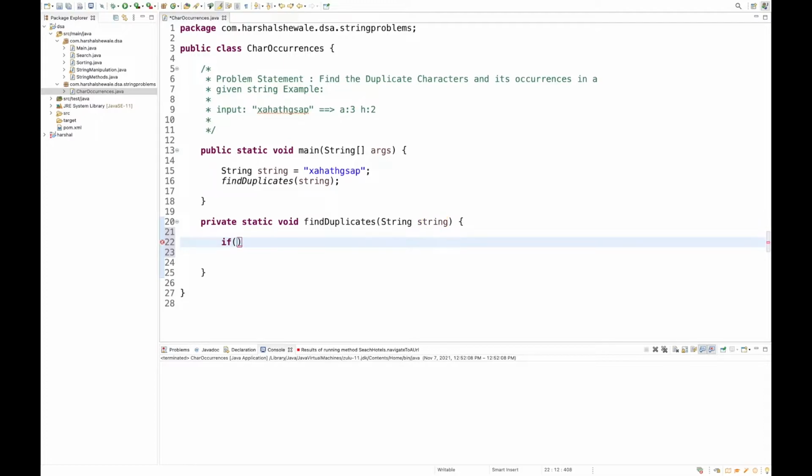So if your string is equal to null, or if your string is empty, we have to handle this condition first. If the string is null or empty, let's just return. With this condition, our program will not crash. So always handle this condition if your string is null or empty. This is very important.